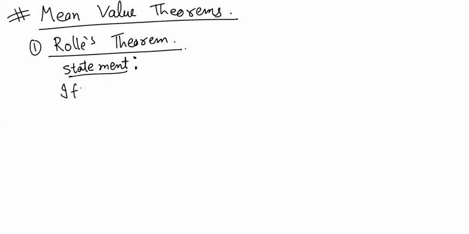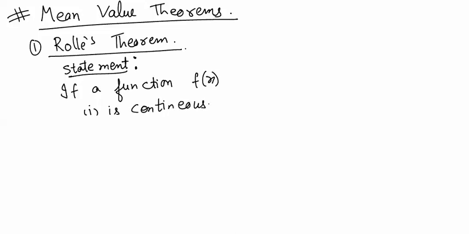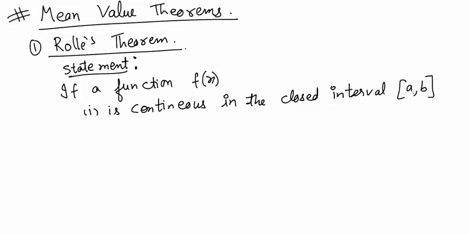He said that if a function f(x) is continuous in the closed interval [a, b], second, its derivative, f dash x, exists